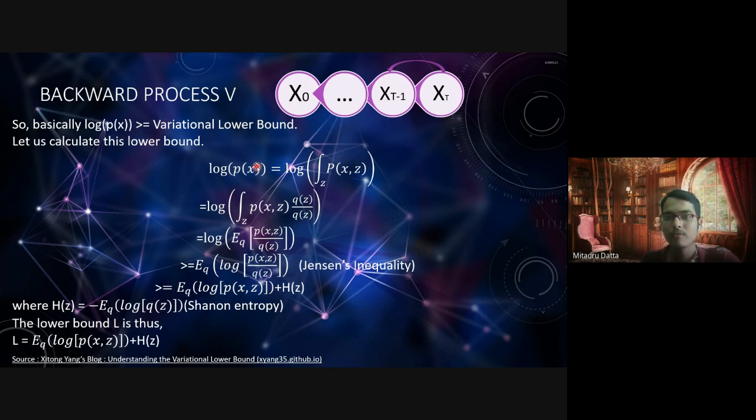So log of p(x) can be written as an integral over the joint distribution. This joint distribution can be visualized by multiplying by some other distribution q(z), whose log would give the Shannon entropy function. We will see why exactly we multiply q(z) in the numerator and denominator. In the end we will see that the closer our q(z) is to the value of p(z) given x,